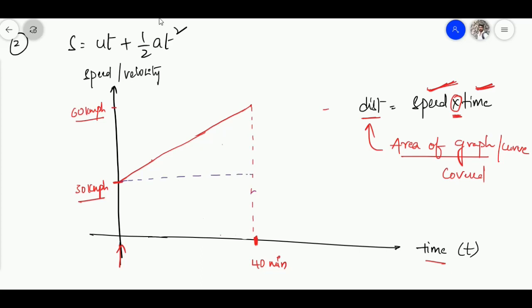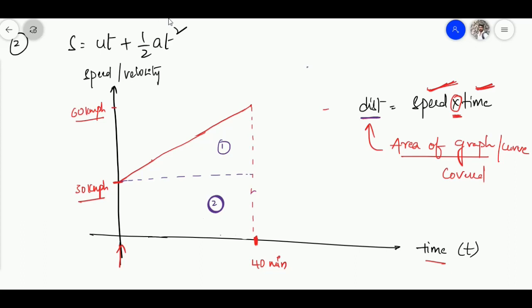In the first part I got a triangle and in the second part I got a rectangle. So now I am going to find the area of one separately and two separately. At last I will join both of them and I will get the distance, right?